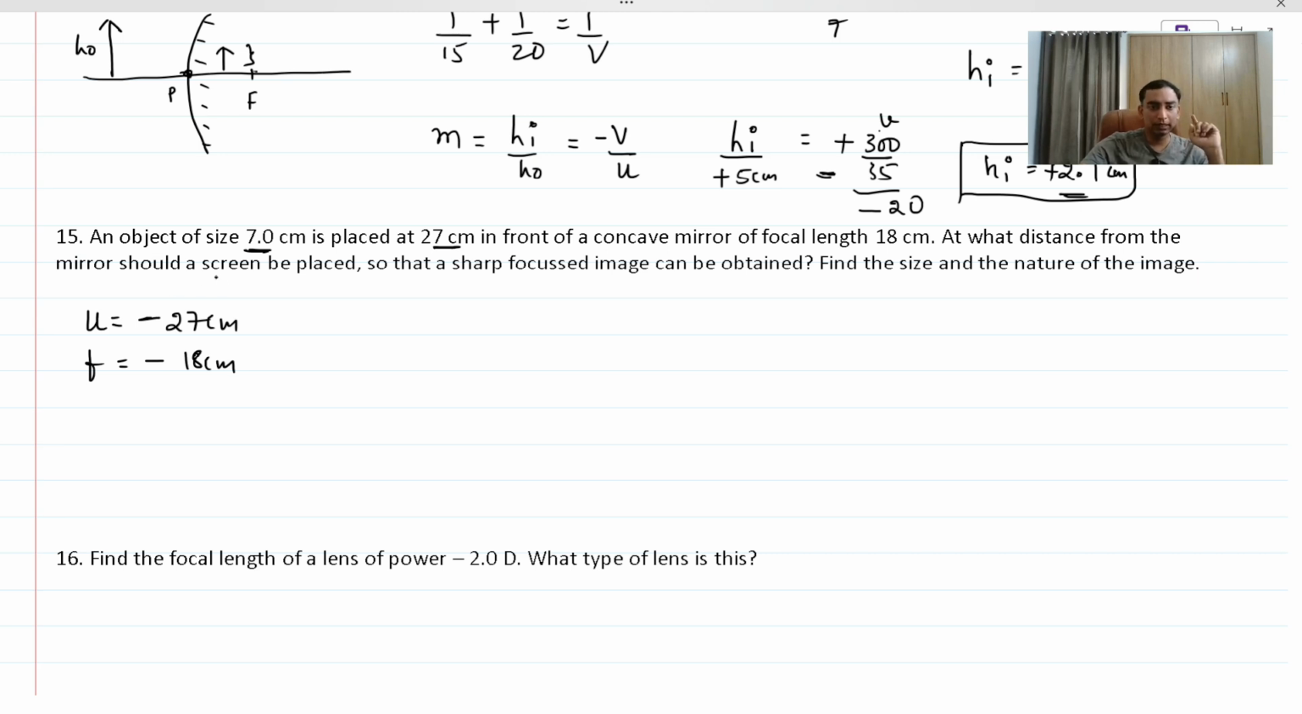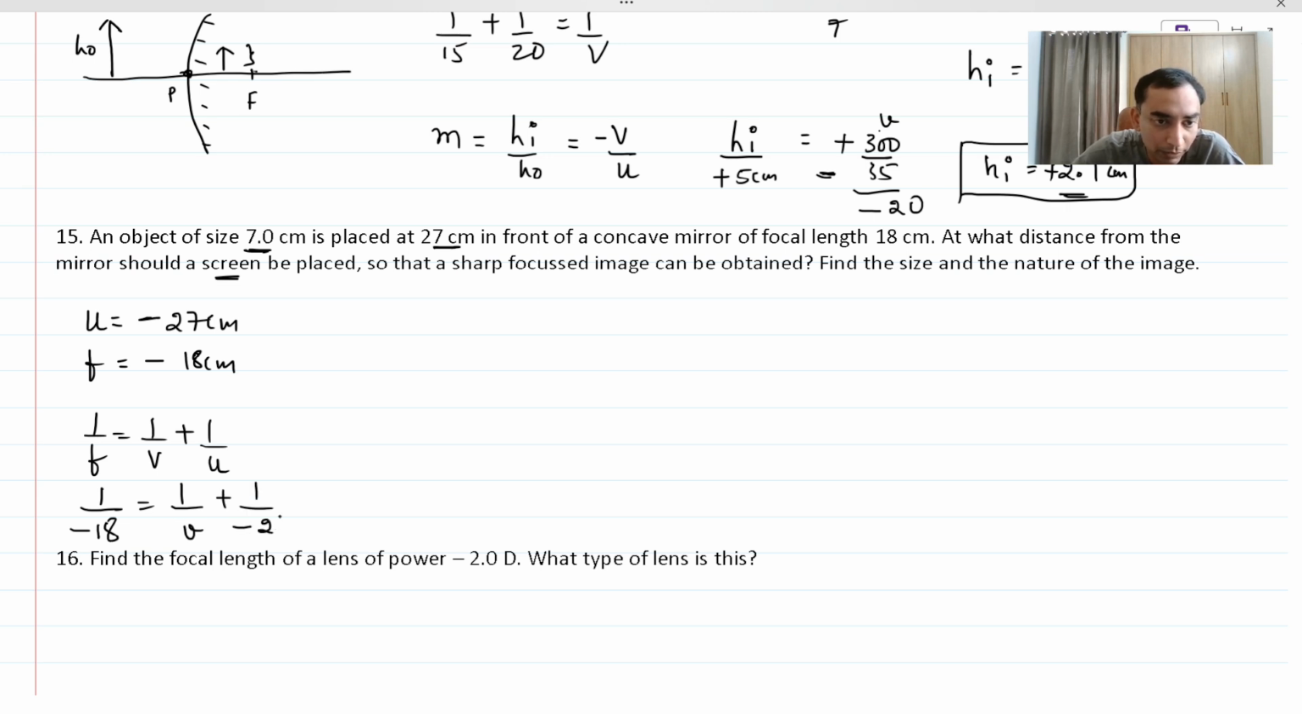Screen means a real image is formed, and real images are always formed on the screen. That's why indirectly they are asking you to find the image distance, because the image is formed on the screen, right? So v needs to be found out. So 1 upon f is 1 upon v plus 1 upon u: 1 upon negative 18 is 1 upon v plus 1 upon minus 27. So minus 1 upon 18 minus 1 upon 27 goes on that side,